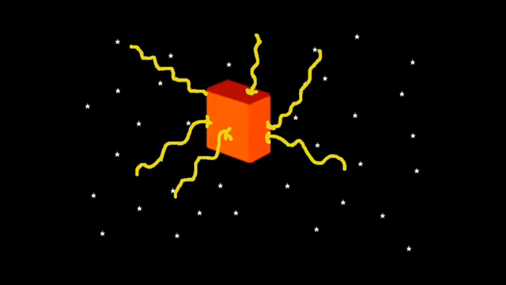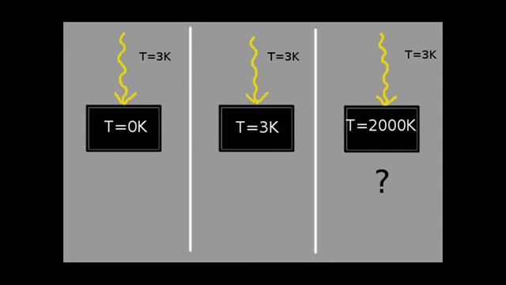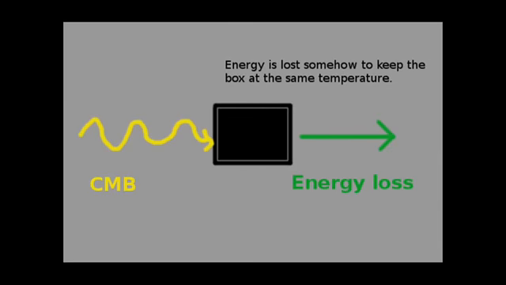The cosmic background radiation will be falling upon it constantly, being absorbed and heating up the box. Now the temperature of the background radiation is about 3 Kelvin, so if the box is about 3 Kelvin, then what would happen? Will it still continue to heat up? Like I said, radiation will be falling upon it and heating up constantly, and if it doesn't have a way of cooling down, then it will heat up forever, without any good way to cool off. Then given enough time, it will become hotter than the sun. This really doesn't seem right, so we need some kind of mechanism to cool off the box, because the radiation will just continue to heat up the box.